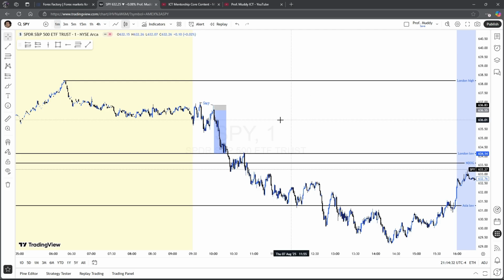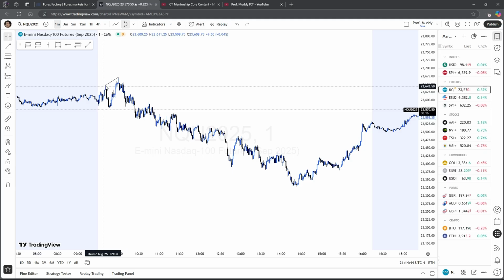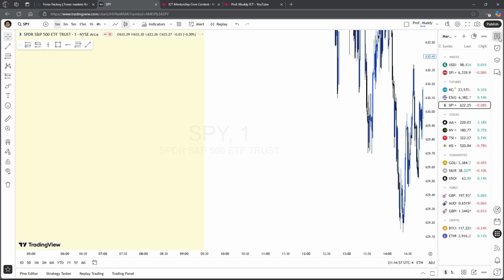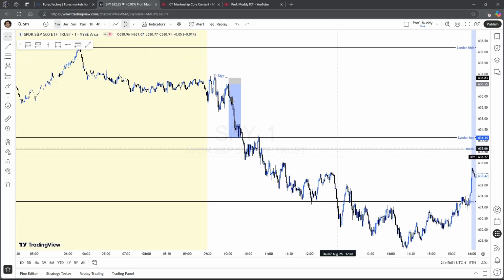Performance on the SPY: we took one position in the AM session, which was a win. We went short here. I saw SMT at these AM highs. NQ took out that AM high here, right? Created a higher high, while ES then failed to take out that AM high and created a higher low, thus forming the bearish SMT. But I should say, when I was doing my pre-market analysis on the day, I noticed